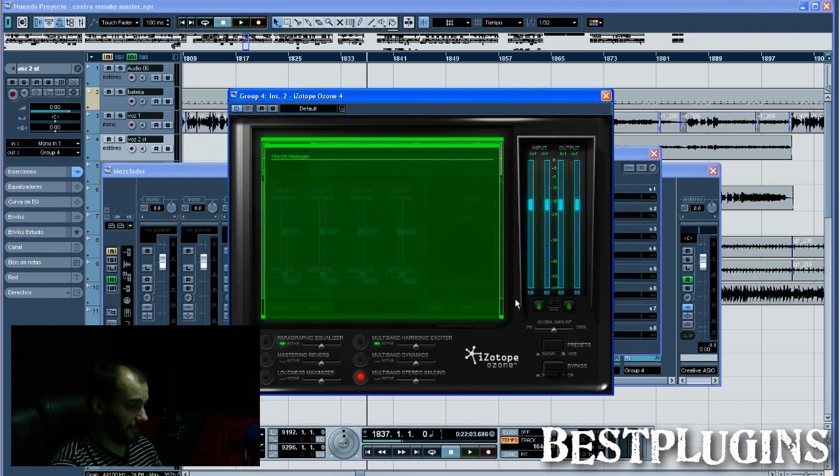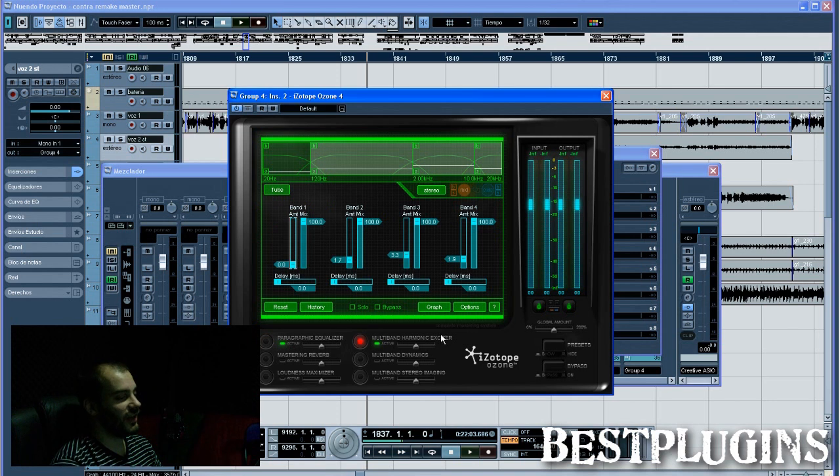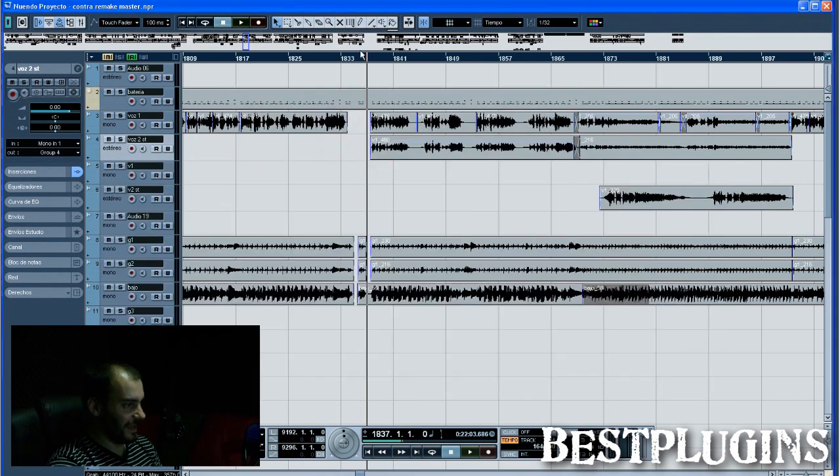And then I have another iZotope Ozone 4, but in this case with EQ. I have cut some very low frequencies so it sounds cleaner, and I have added some brightness at around 2000-3000 Hz. And I have a harmonic exciter plus some harmonics in the high frequencies, especially about 2000 Hz. The harmonic exciter sounds really good, but if you push the harmonics too much, it will sound distorted, it will clip and it will be really dirty. So adjust it just slightly. And those are all the effects I